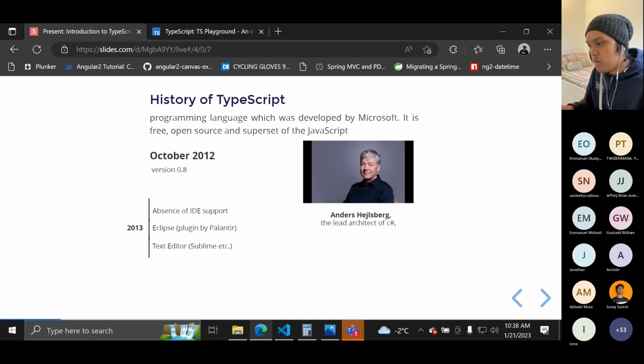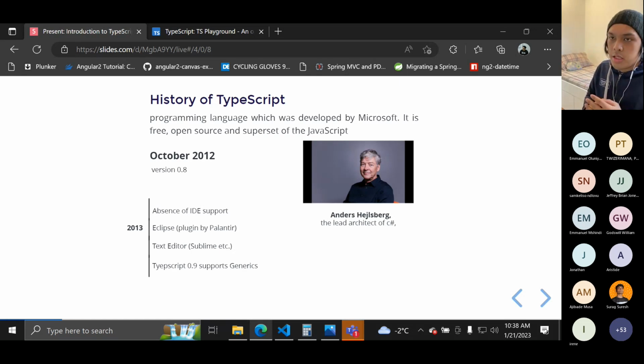And also Sublime, around 2013, supported TypeScript version 0.8. And since TypeScript is becoming more and more popular and more editors and IDEs are supporting it, Anders Heisberg and his team decided to upgrade TypeScript, and this is now 0.9.